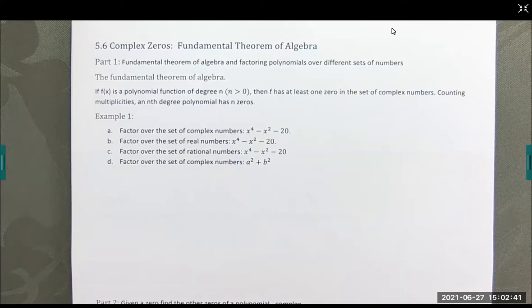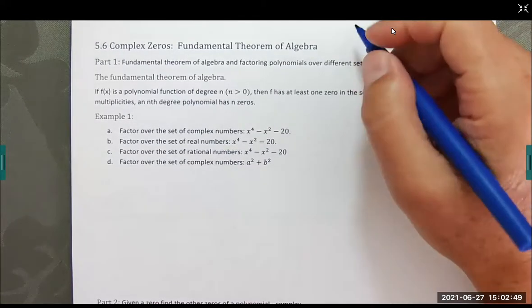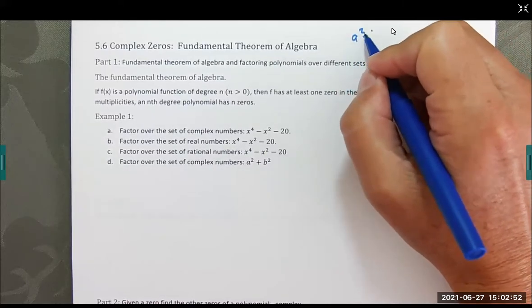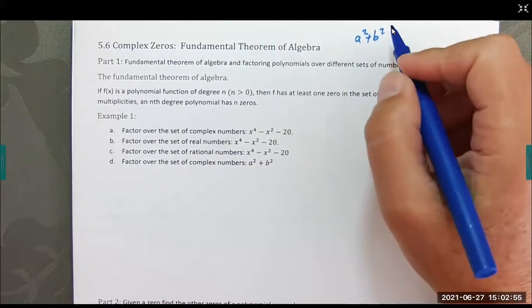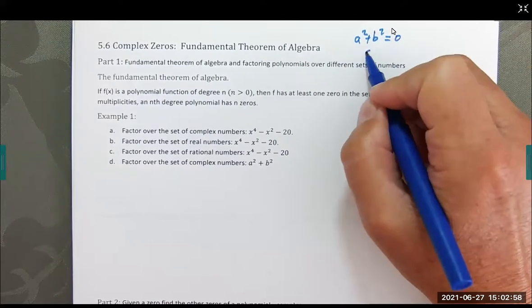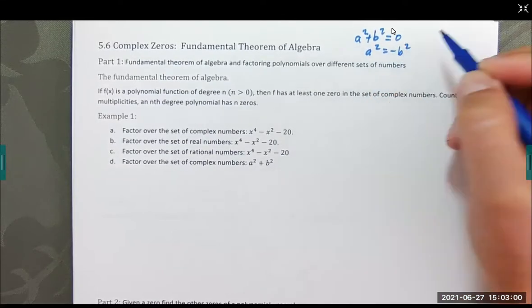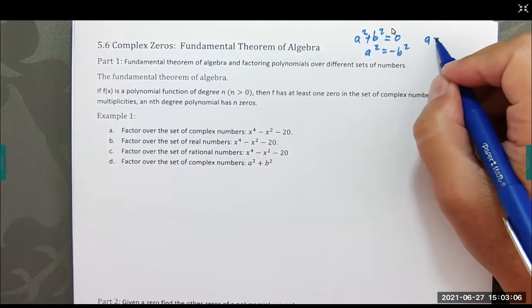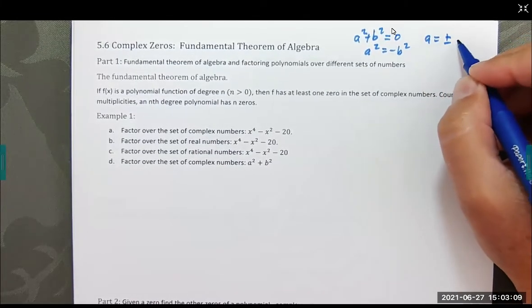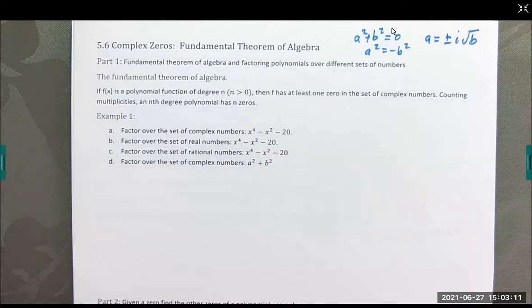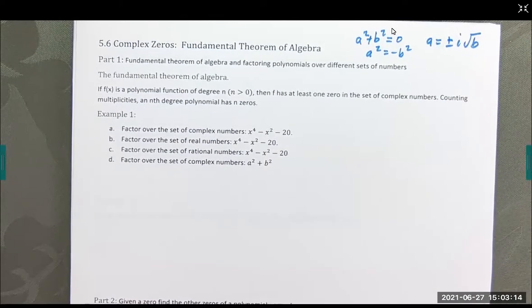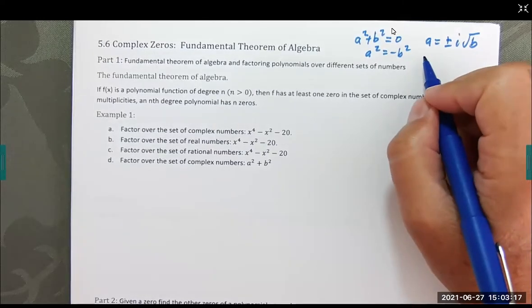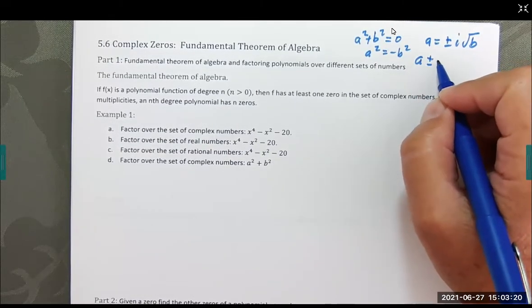And so before we get going on this, I want to throw down an idea. And I want to start with part D, actually: a squared plus b squared, pardon me. And we want to factor that. One way to do this, I know it's not equal to 0, but if you put it equal to 0, and we take the square root to both sides, we get that a is equal to plus or minus i root b. And that in general is true, which means our factors are going to be a plus or minus i root b